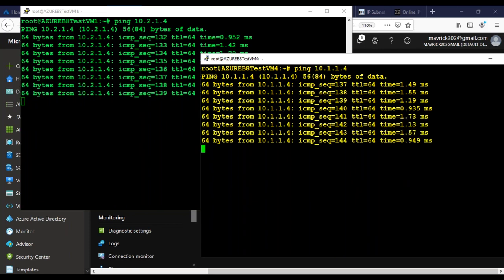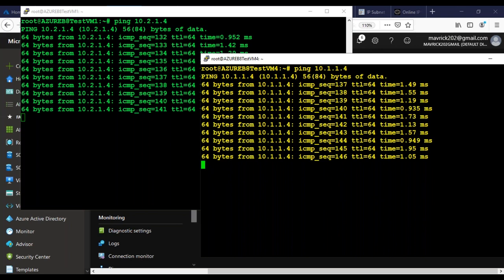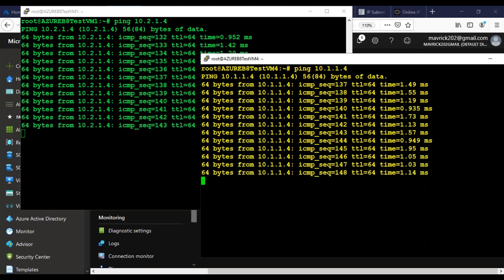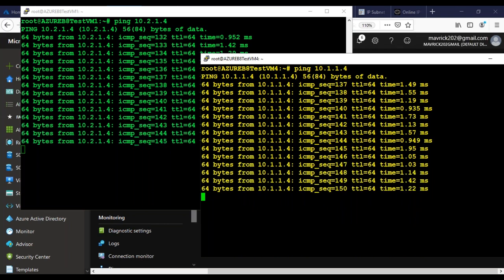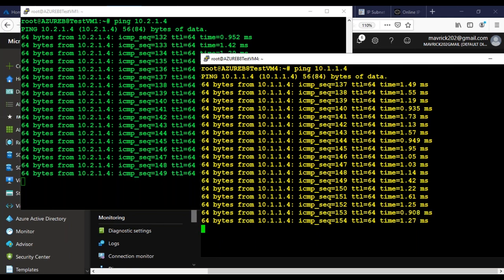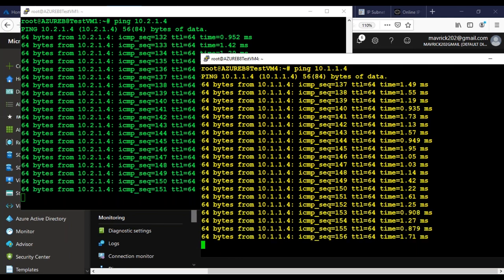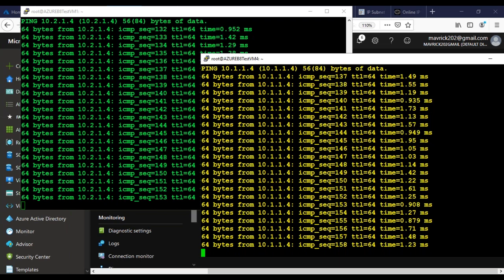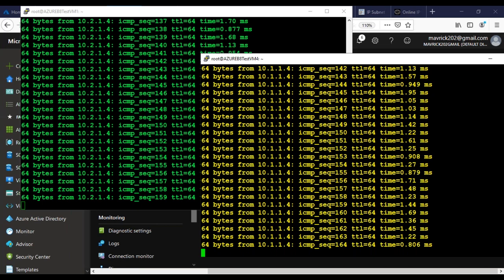check it out guys, this is how VNet peering allows you to create connectivity between two different VNets. What I'm trying to say is, by default, machines in two different VNets cannot communicate with each other. So you need to establish the VNet peering to make things work. This is basically at a high level how you configure the VNet peering.